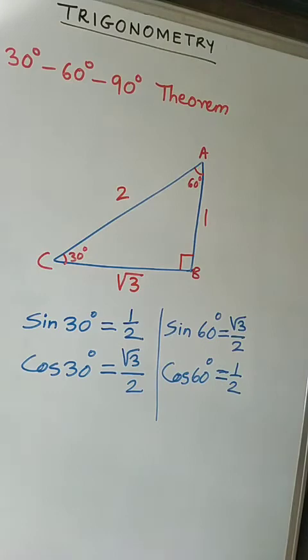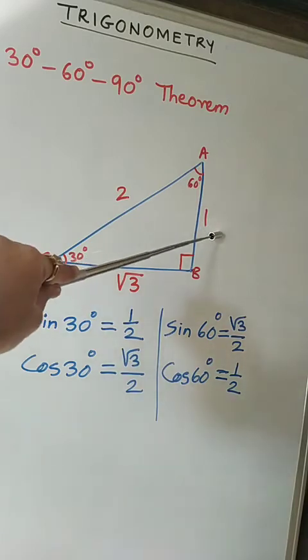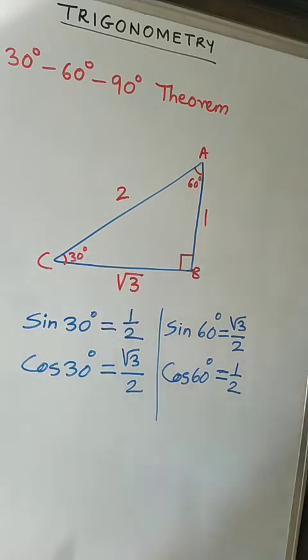Observe, you do not have to learn these values by heart. In the exam, what you are going to do is simply draw this triangle, put the value 2 first over here. Side opposite to 30 degrees will be half of that 2, and then the third side, and then go on writing all this. No one is going to learn these values by heart. Okay.